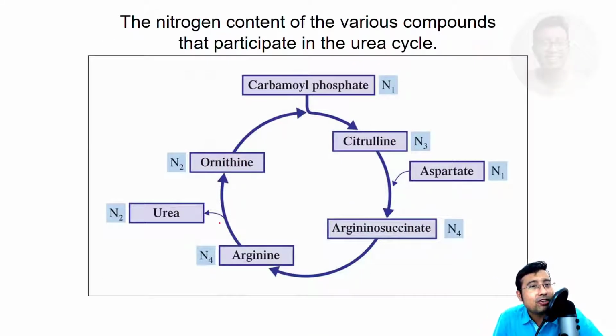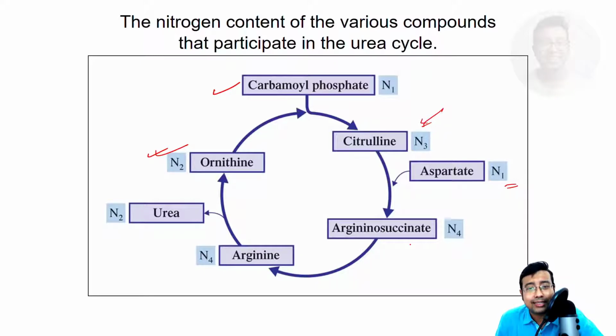If we look at the nitrogen count, what's exactly happening? Carbamyl phosphate is a single mononitrogenous compound. Okay, it combines with ornithine, which has got two nitrogens in its molecule, and it becomes citrulline. So citrulline is a compound containing 3 nitrogens. Another nitrogen is added in the form of aspartate. Okay, you must know the structure of aspartate. It's an important amino acid, aspartic acid.